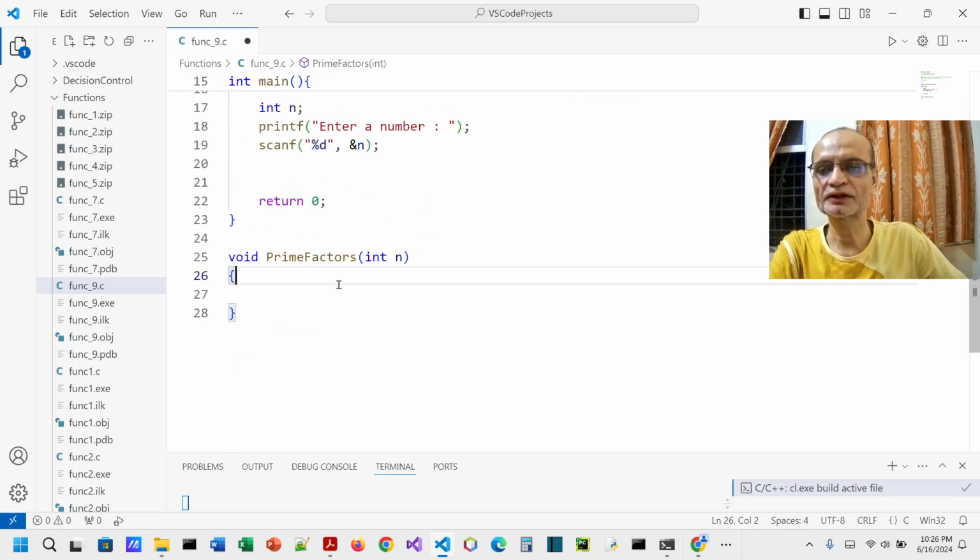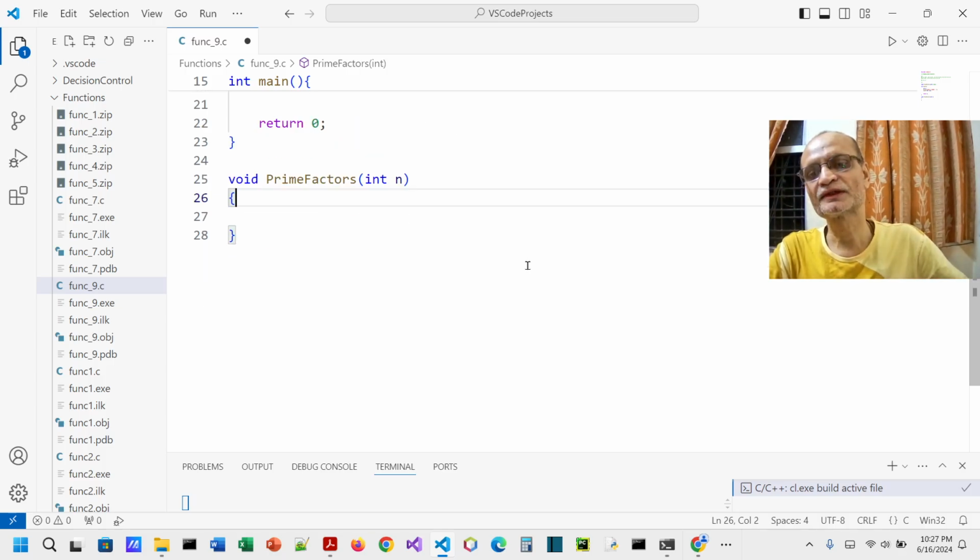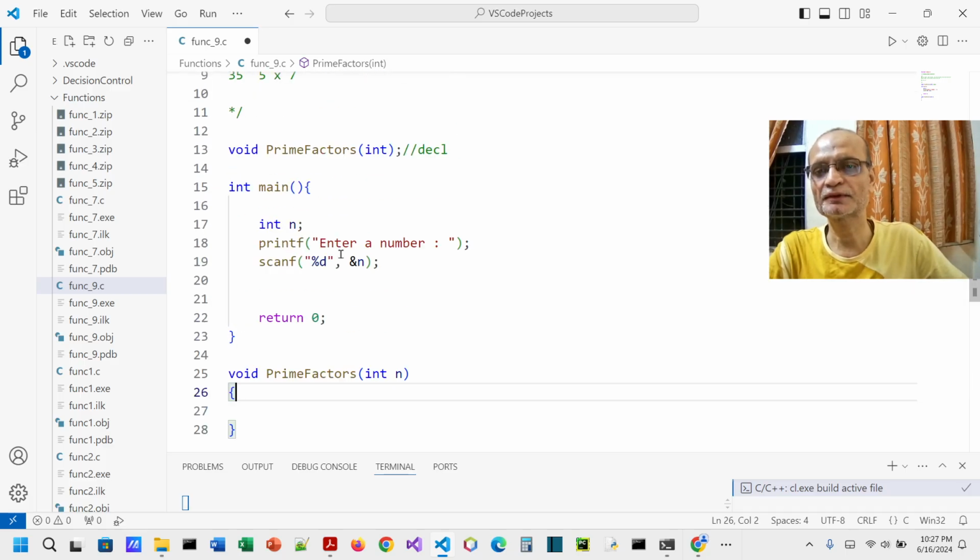We need to take the number and divide it, start from 2, and proceed till 9. When you do that, obviously you need to do it in a loop, and you first check whether there is a remainder. If the remainder is 0, that means that particular number has divided it, and then you show that number. Otherwise, you proceed forward,